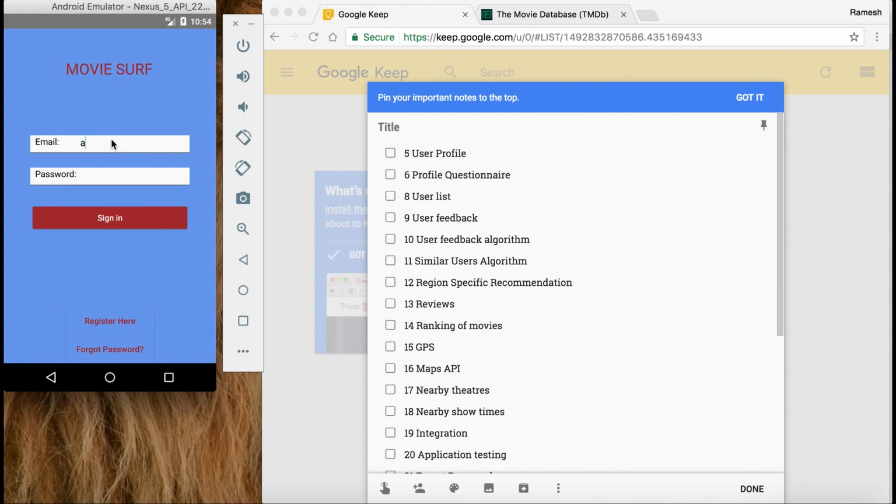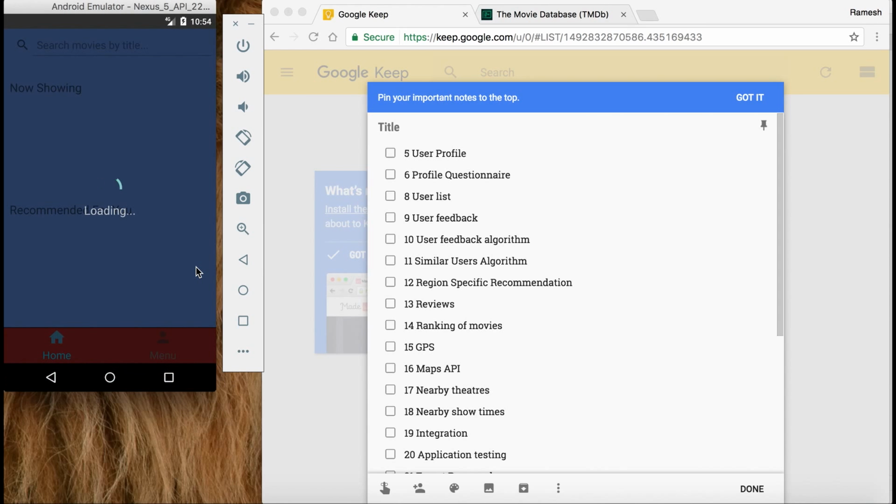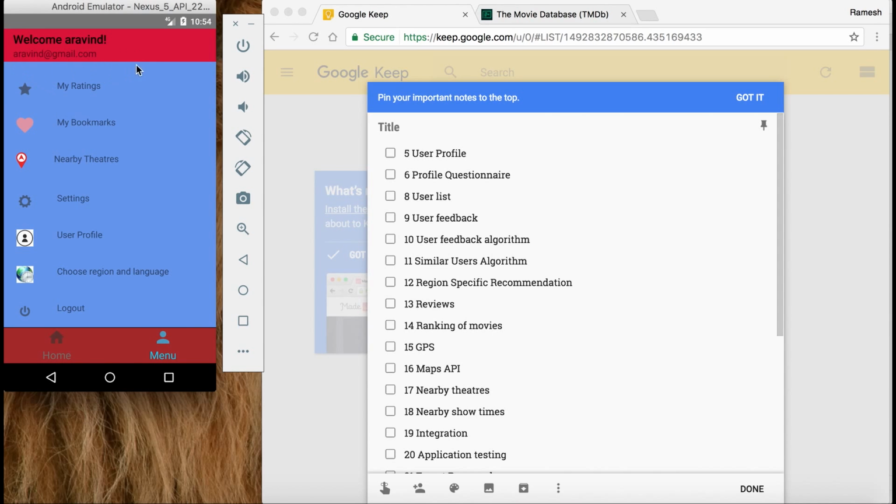We should look at the demo now. Here we are registering for the user. Once the registration is successful, we can go to the home page, and we have enabled automatic logging in here. And the next task is